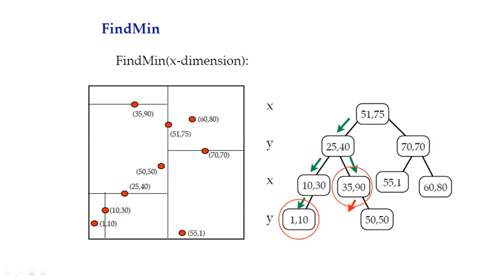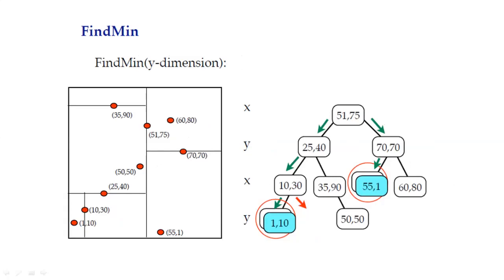For example, here the current cut dimension is y, so we will continue on both the sides. On this level, the cut dimension is x, which matches with d, so we continue only on left. Now on left, we have only one value. To the left of this 110, we do not have anything. So this 110 becomes the smallest point with the smallest x. And on this side, it becomes the smallest point with the smallest x. So finally, we compare these two, and the final answer that we get is 110.